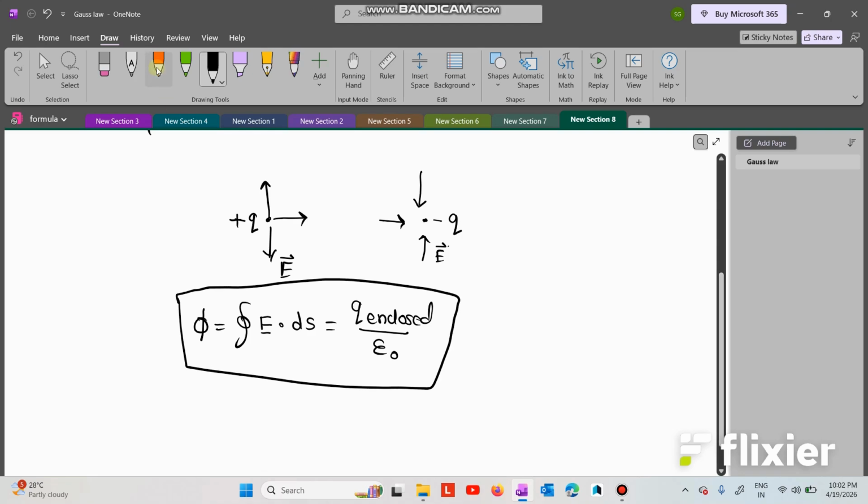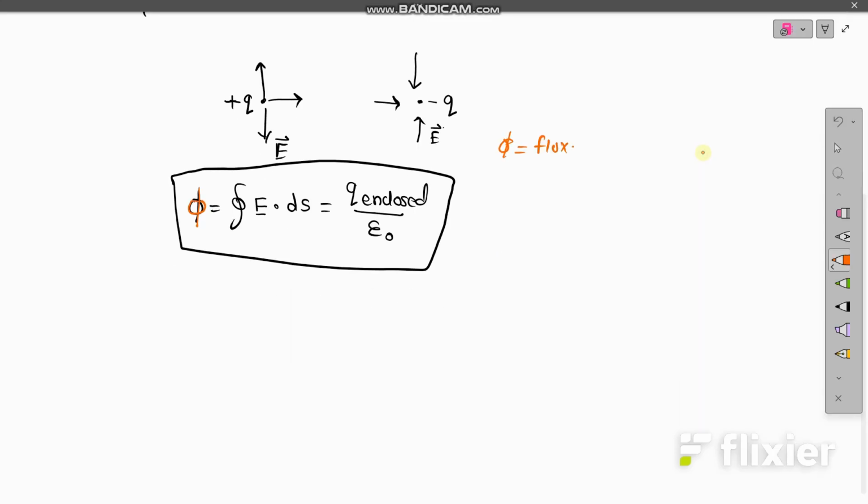First of all, you will notice here there is a symbol that is given as phi. So phi is basically a flux. Now what is flux? Flux is basically the number of field lines passing or coming out through the surface. For example,